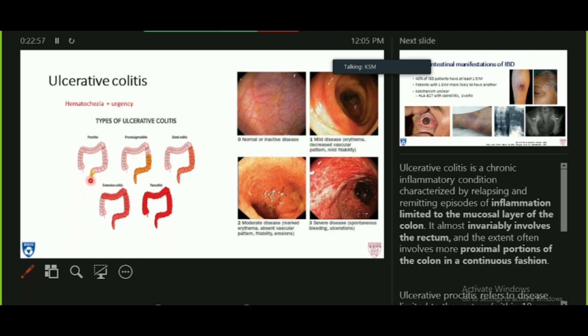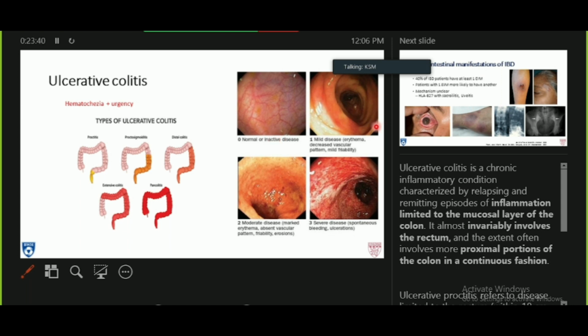The disease generally starts in the rectum and it extends proximally, and we grade it based on the extent. So you can have disease that is just limited to the rectum, which is proctitis. This is up to the last 18 centimeters. It can go up to the left colon, just below the splenic flexure. This is proctosigmoiditis, and then when it reaches up to the splenic flexure, it's called distal colitis. Extensive colitis is when it goes beyond the splenic flexure but stops without affecting the right colon, and then you have pancolitis. These patients often present with hematochezia, so bloody stools and urgency,